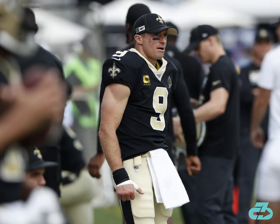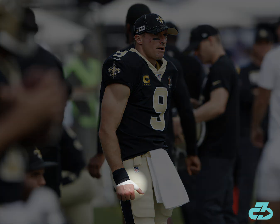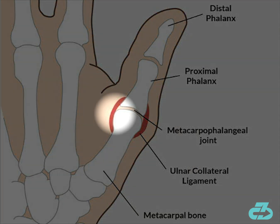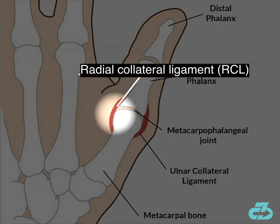The team hasn't released injury specifics, which is par for the course in the NFL, but what we do know is that Brees injured a ligament near the joint that comprises the base of the thumb, known as the metacarpophalangeal MCP joint. The joint is stabilized by two ligaments, the radial collateral ligament RCL, which sits on the inside